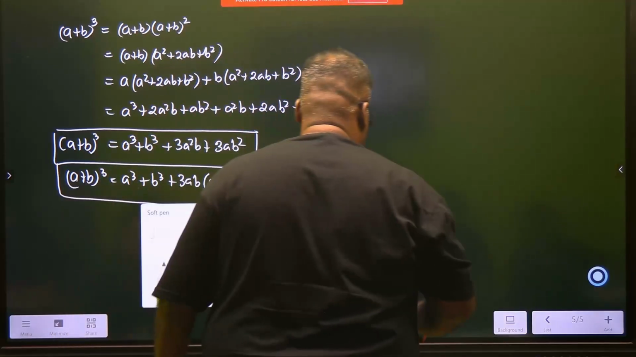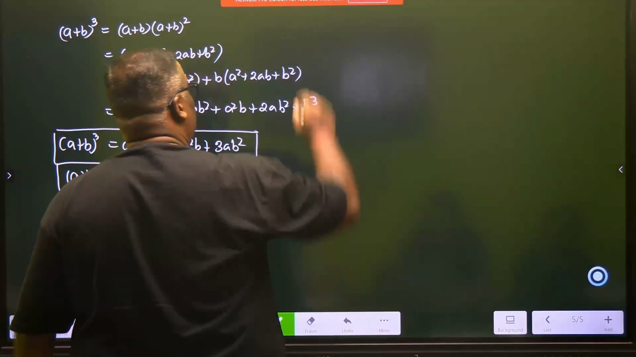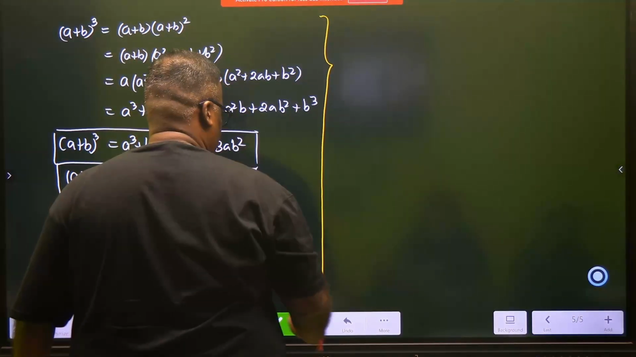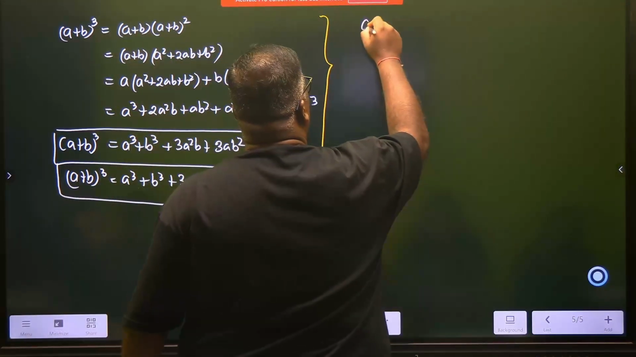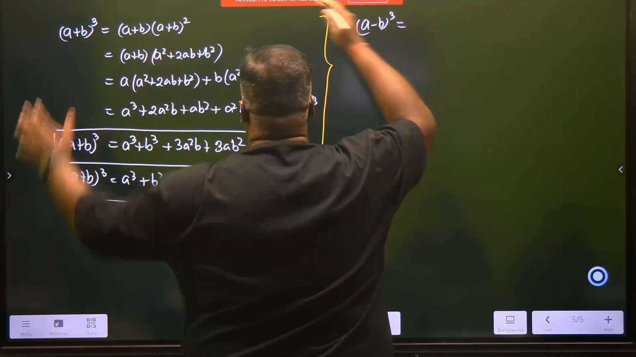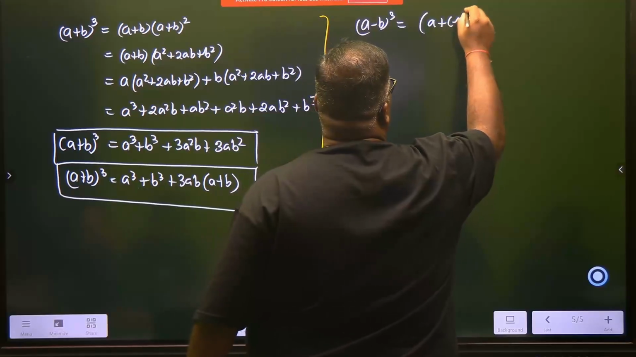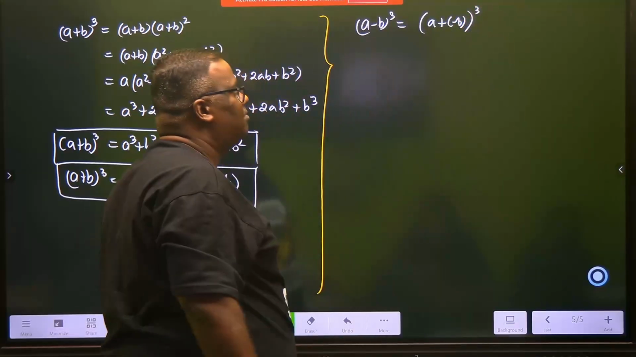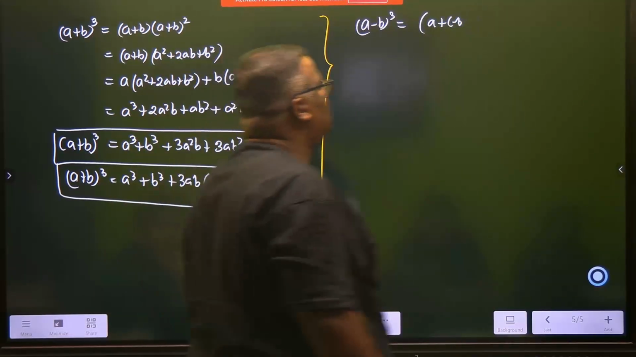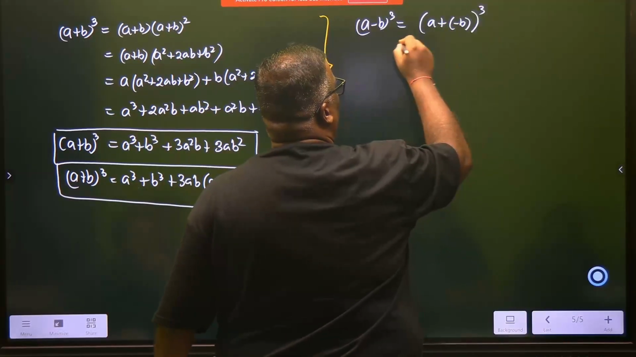And we will use our intelligent technique of how to get the a minus b. So our next formula is a minus b whole cube. Children, just see, instead of writing this whole thing, can I write this as a plus minus b whole cube? I can write it like this, a plus minus b whole cube, and you go by your formula of